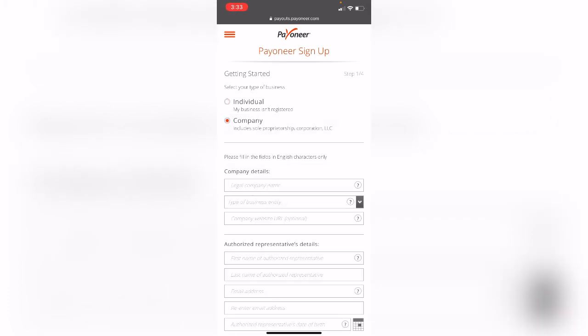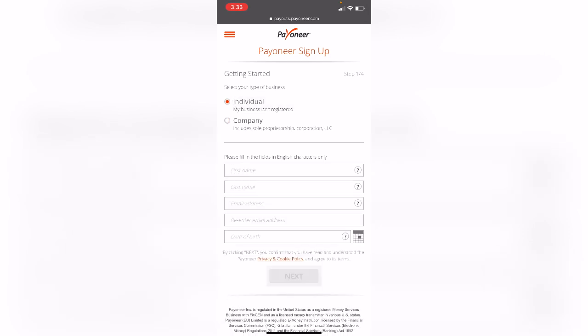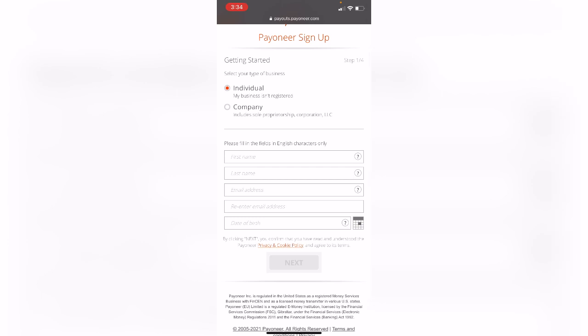If you don't have any business and you are an individual, a freelancer or a private employee, or doing any other work like freelancing, you can also choose this individual account. For your friends and family, if you just want to transfer money, simply click on this individual account. If you have any company or any corporation, then you can click on the second option. If you click on company, then you must make sure that your company is registered in Saudi.